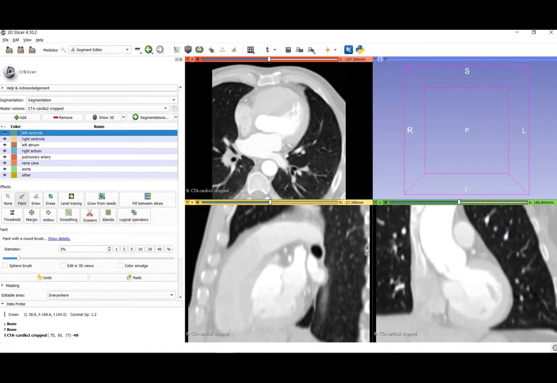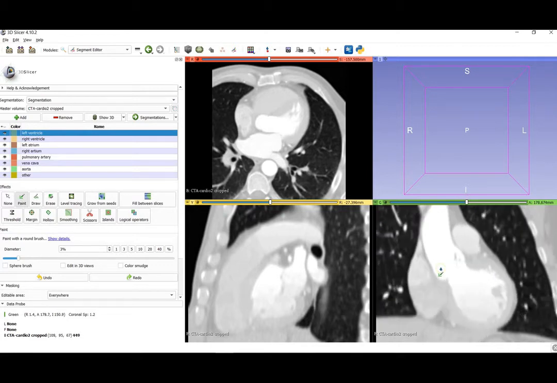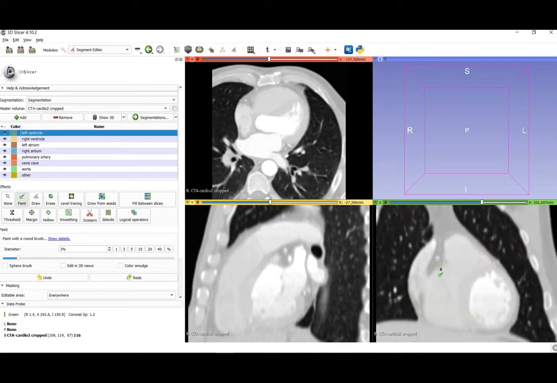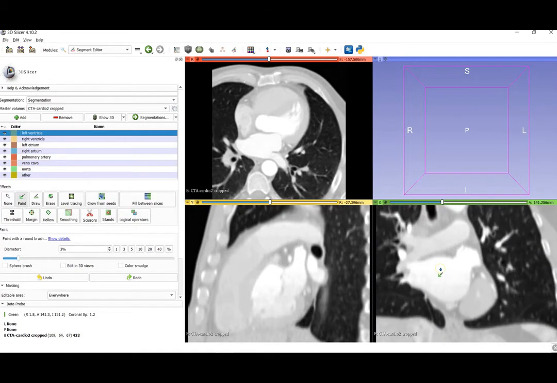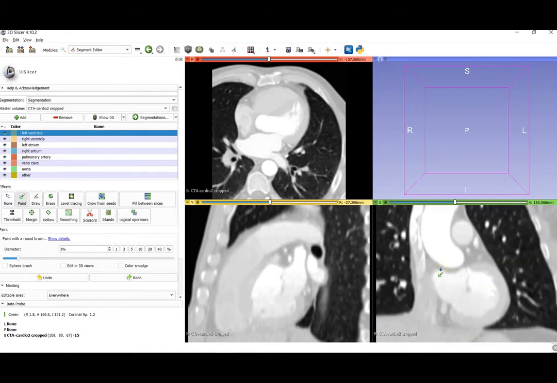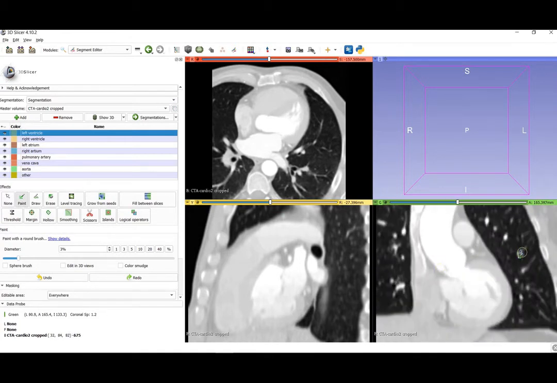By hovering the mouse over here and scrolling the mouse wheel, you can change the slices. You can see we can move through the slices by moving the mouse wheel. Go here, and by clicking the right, just undo this selection.